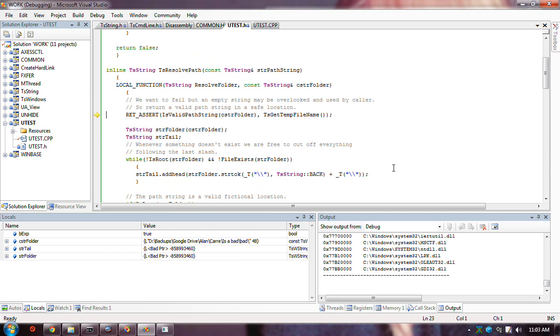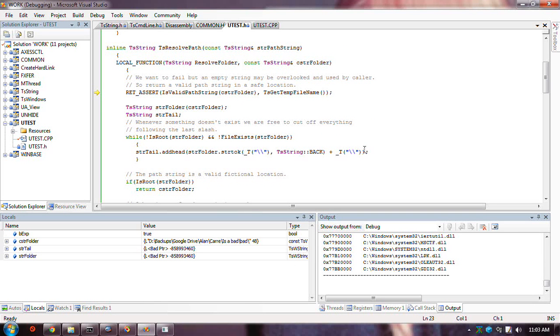Okay, so now in Resolve Folder, we're checking. Now this is something I don't usually do, but I'm thinking about the way someone might use this function with resolve folder, although it's local to this function, so nobody else can use it.